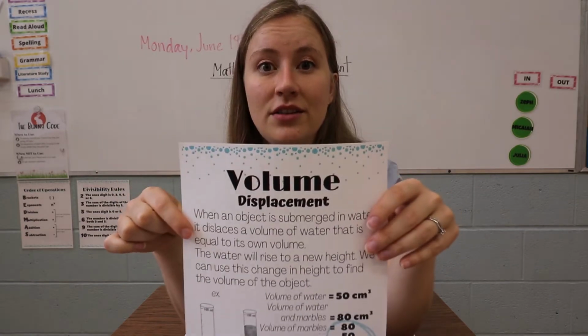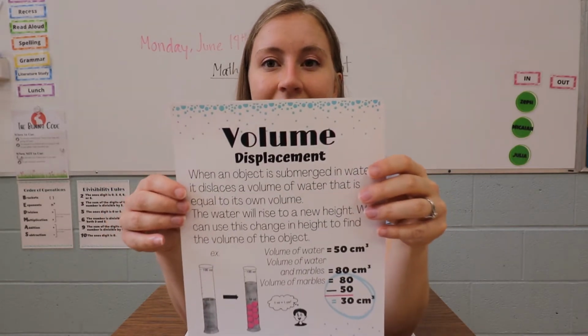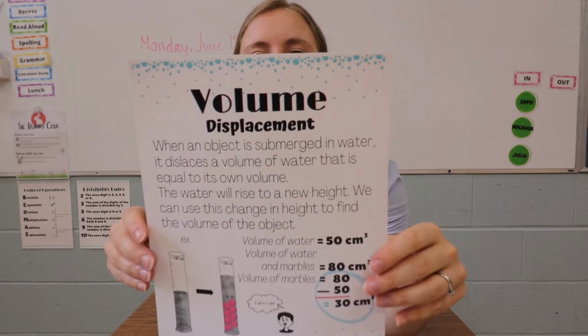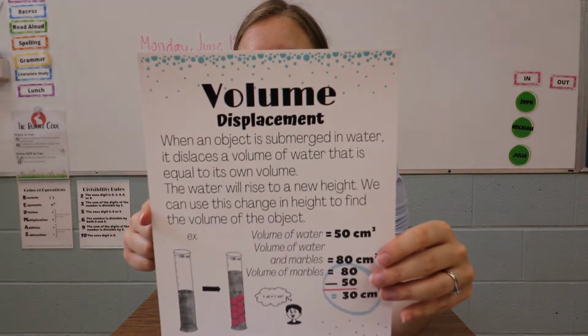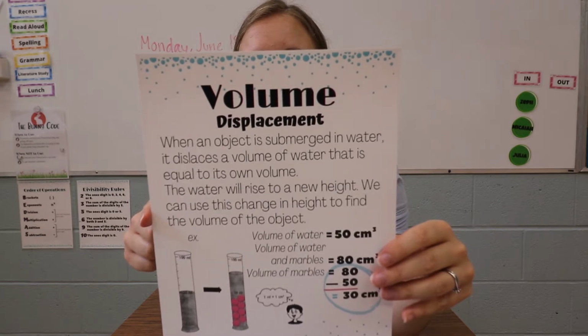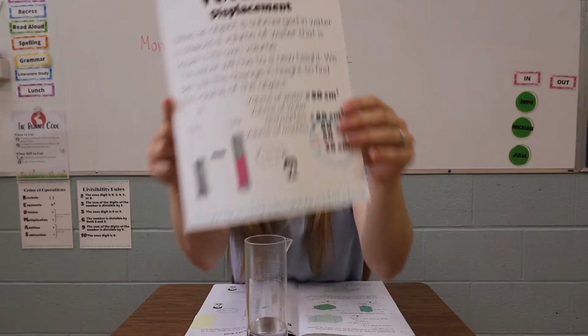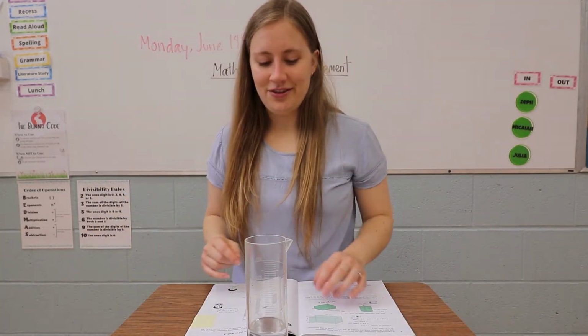And pause the video if you need to, because this definition is important for today's lesson, okay? So take a minute now, pause the video if you need to write that down. When an object is submerged in water, it displaces a volume of water that is equal to its own volume. Okay? All right, and now we'll have a look at this, and stay tuned for us putting our heart in the water,